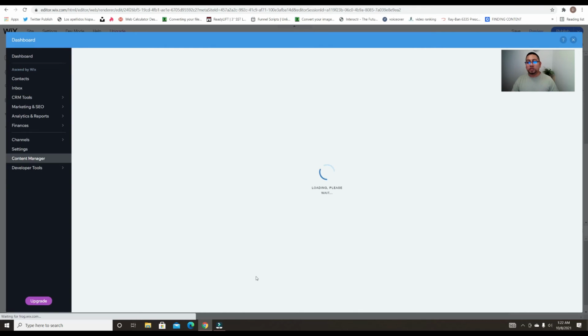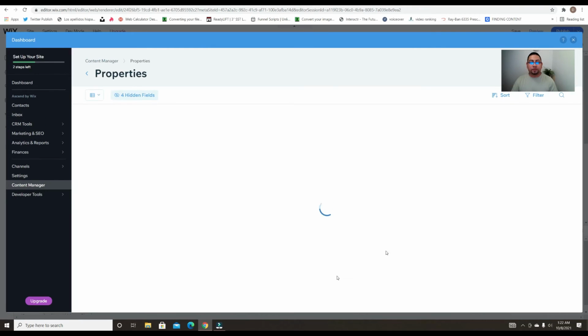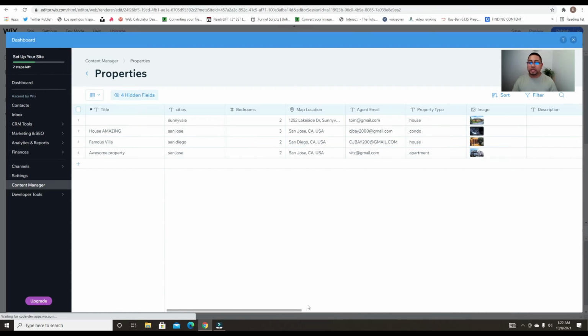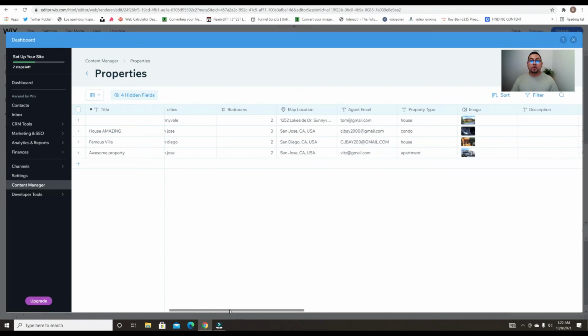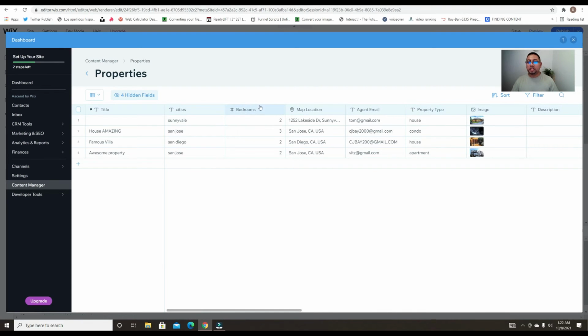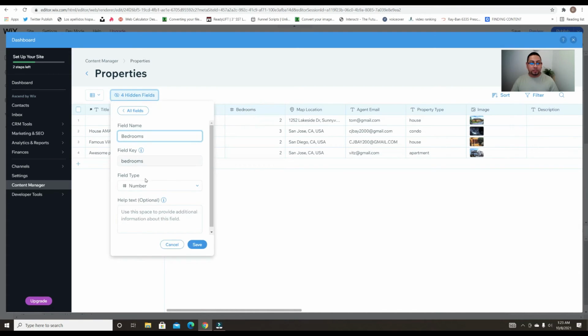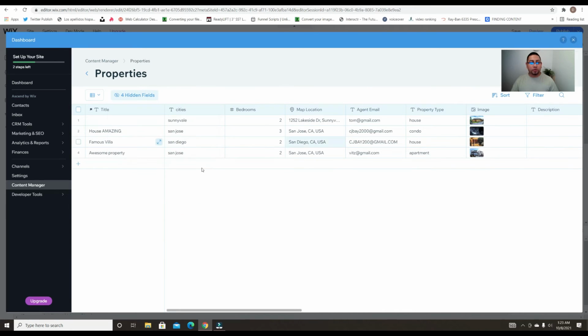So I use it for the year that the house was built, right? So if somebody is looking for houses built on specific dates, also for number of bedrooms, as you can see, number of bedrooms is 2. And then if you see here, it says the field key is bedrooms. So when we go on the code,